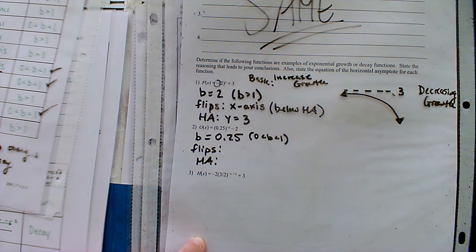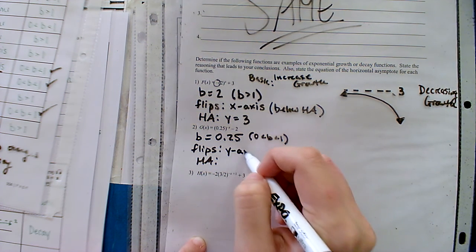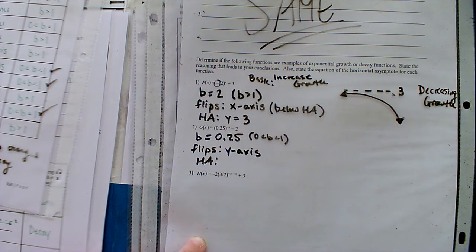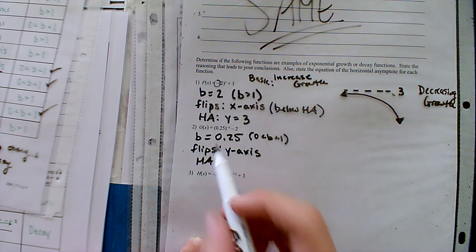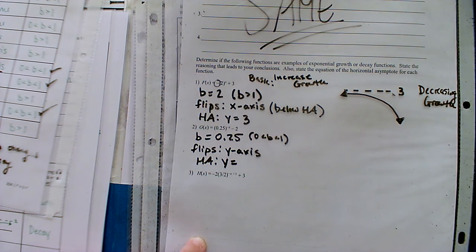Do we have any flips? That's a y-axis flip this time because we have a negative in the power spot. I know it might be a little hard to see. Okay. Horizontal asymptote at